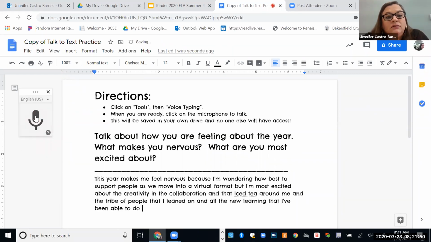And then when you're done, you can just click that off. And it's not completely perfect, but in our TK training, we talked about how you could post a funny picture at the top and then ask kids to tell what they noticed about the picture, or something like that. So we were thinking this could be a great tool to teach our kinder students